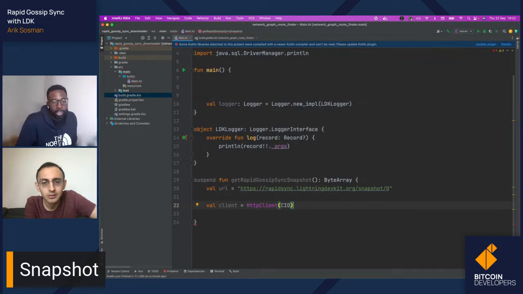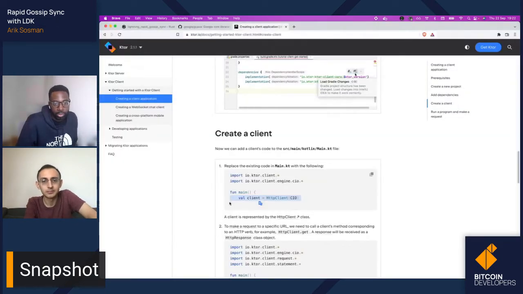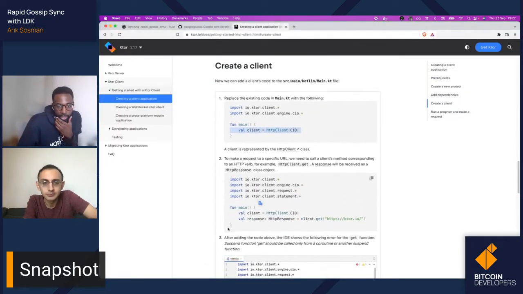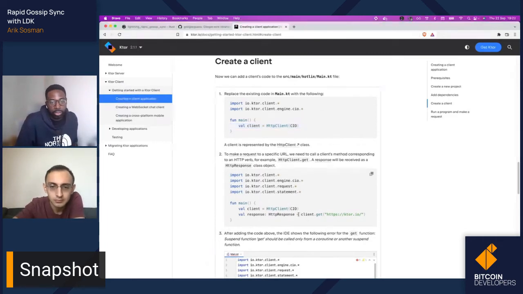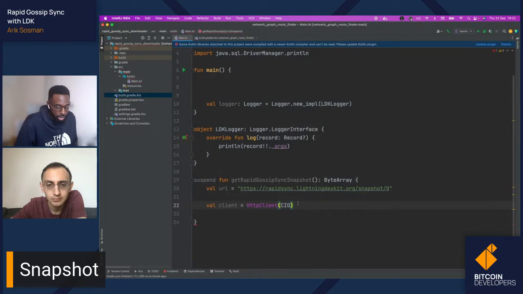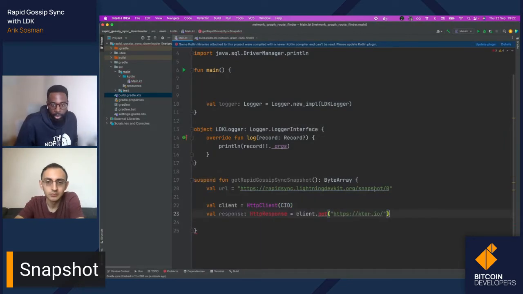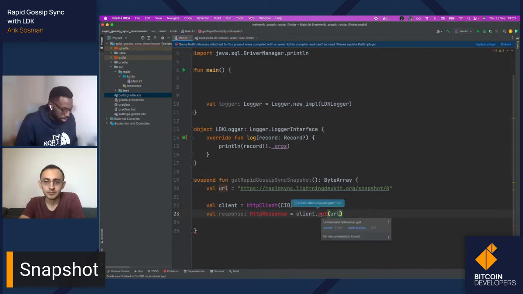So we have an HTTP client now. What else does it say? Okay, to make a basic GET request, we do something like this, and we will swap out the URL they've got here for our variable, and Control N.